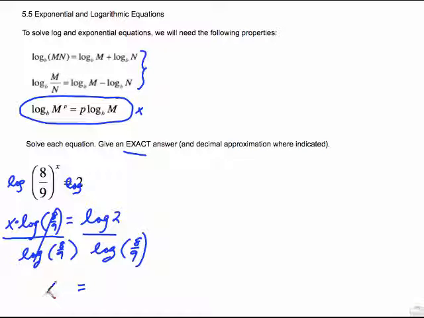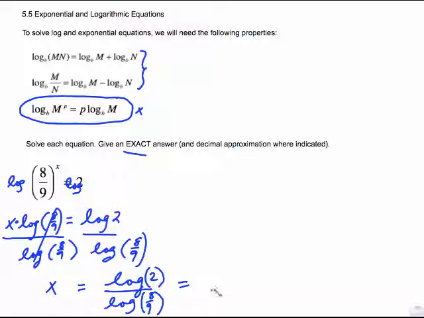This now gives us x equals log of 2 over log of 8/9. Now, a word about the calculator. To do a decimal approximation of this, you have to be very careful. When you press the word log, you get a front parenthesis come up on the calculator. When you type in 2, you must type in the back parenthesis there. And the same thing down here, log of 8 over 9 in parentheses, and that would give us the decimal approximation,